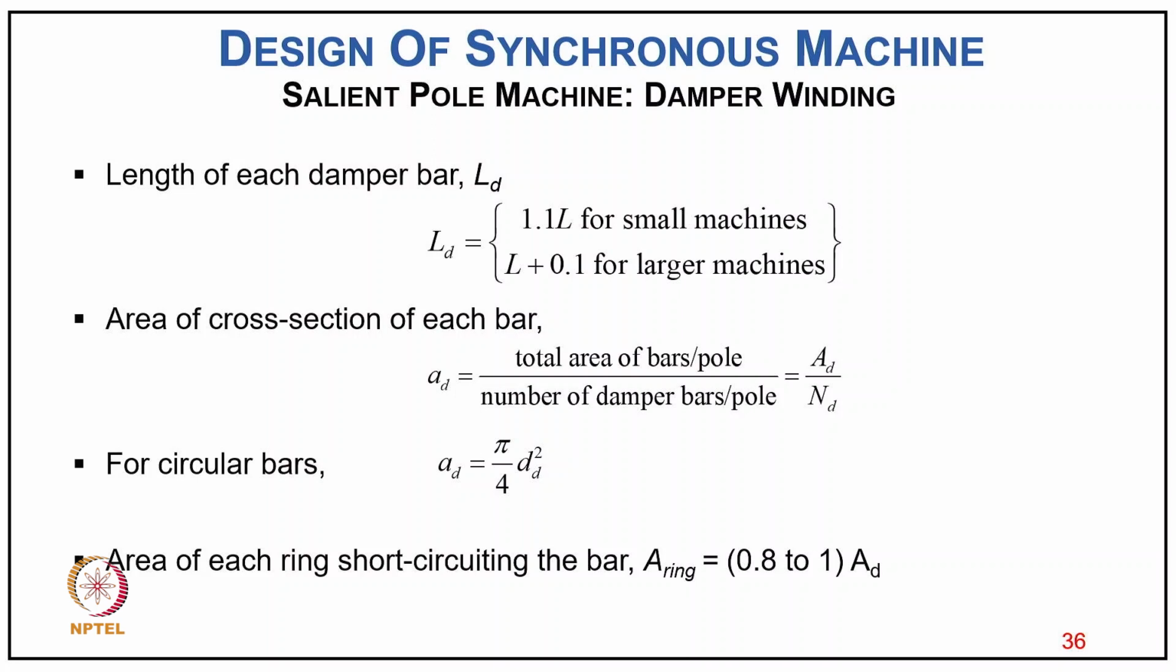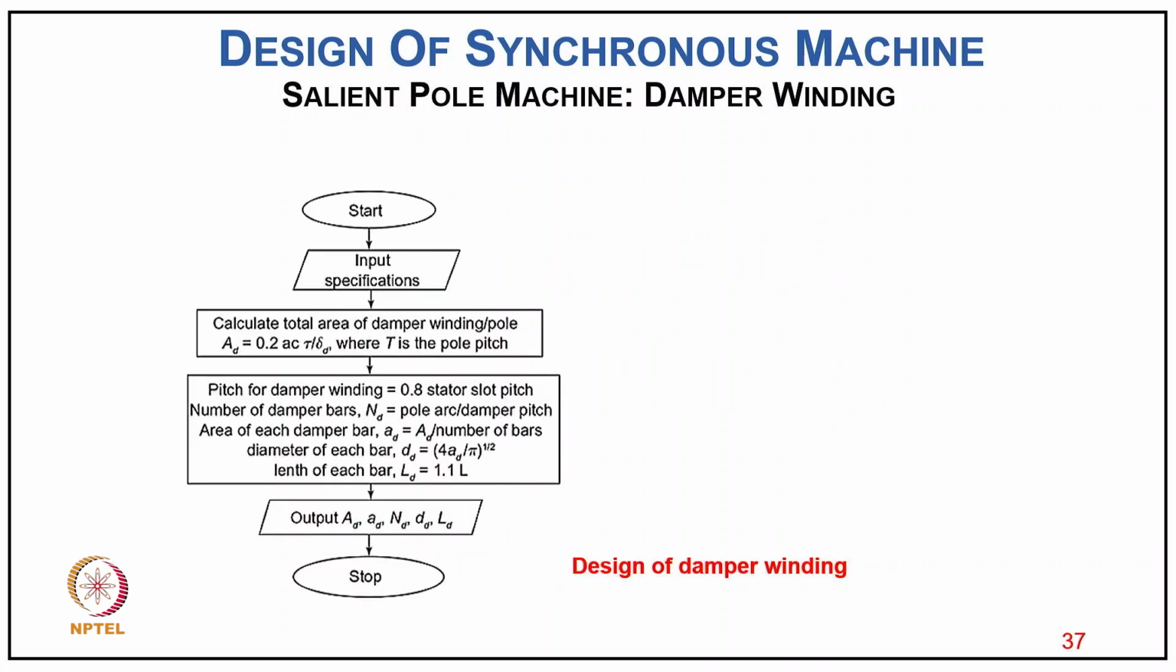Area of cross section of each bar AD equal to total area of bars per pole divided by number of bars per pole, that is AD upon ND, and for a circular bar AD equal to pi upon 4 into DD square, and area of end ring shorting the bars, that is A ring equal to 0.821 into AD. Now the process for designing this as a flow chart: we start with the input specification,